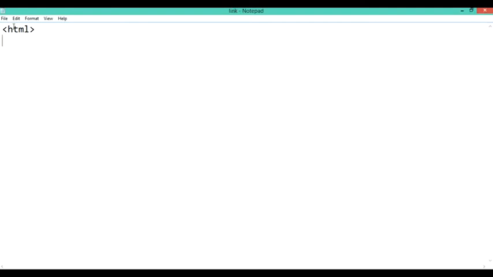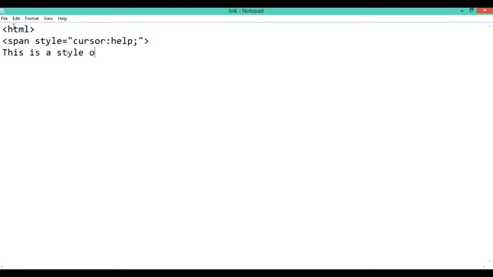Here I've just created an HTML document. In the HTML document I've used a span style. A span style is similar to the CSS style, but we'll use the span tag over here and define the style of the cursor. First of all I've defined the cursor style as help. Whenever I define the style as help, the cursor will be shown with a question mark. Means the normal cursor that is shown to you will be displayed with a question mark.